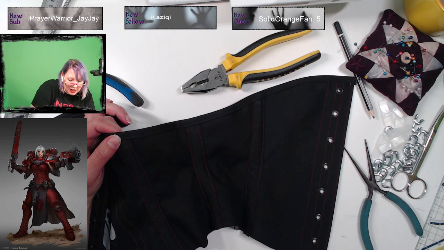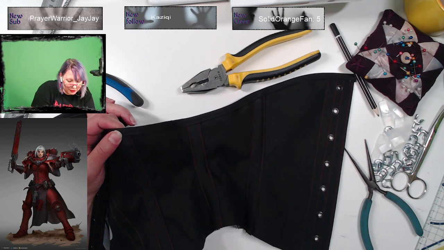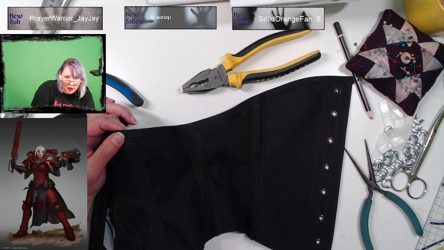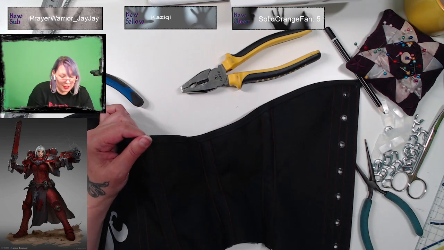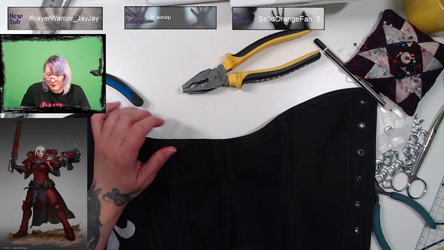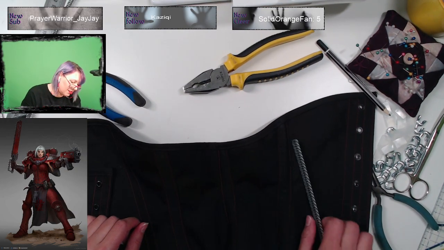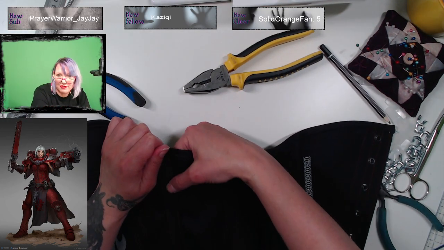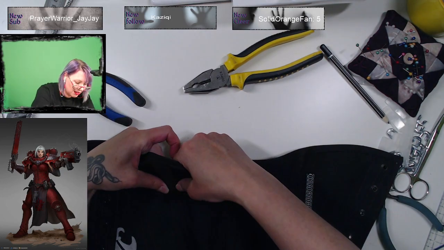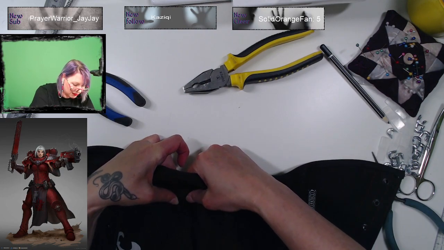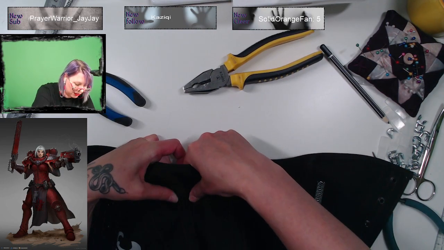But yeah, for patterns, this is actually a free pattern that I'm using. Although it wasn't big enough for me, because this is the biggest problem I have. I'm not a small girl. Oh, don't tell me this. I might have to use a little bit of glue to keep these caps from coming off.